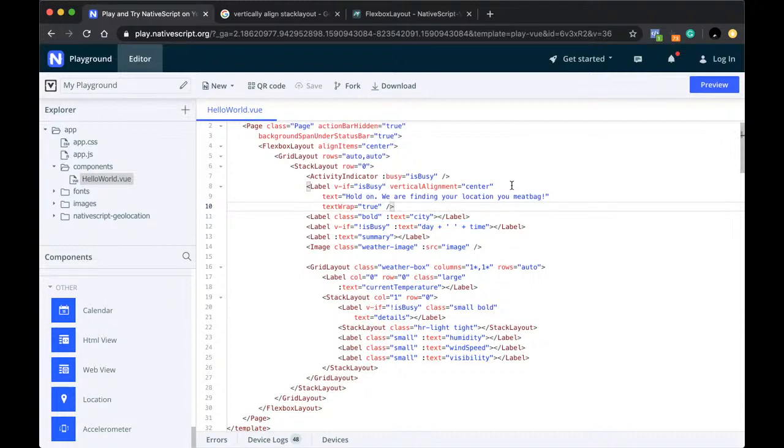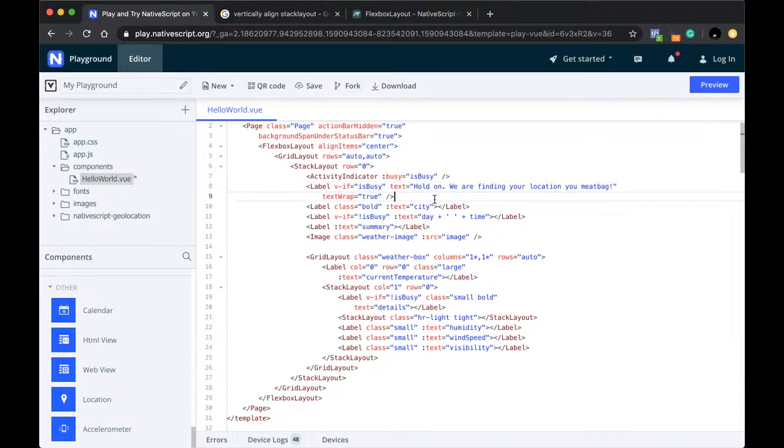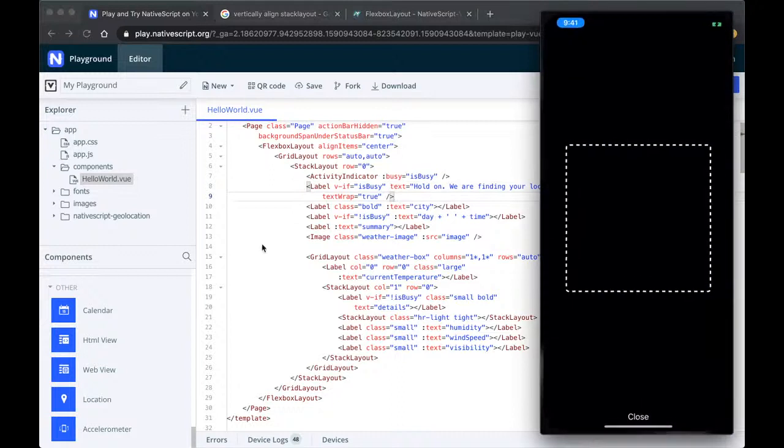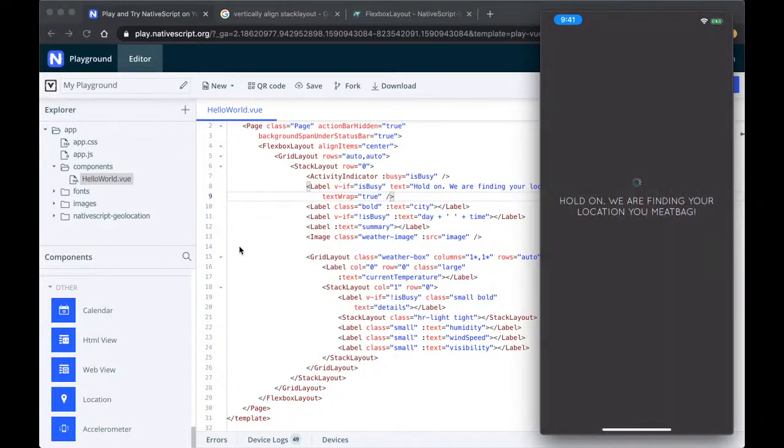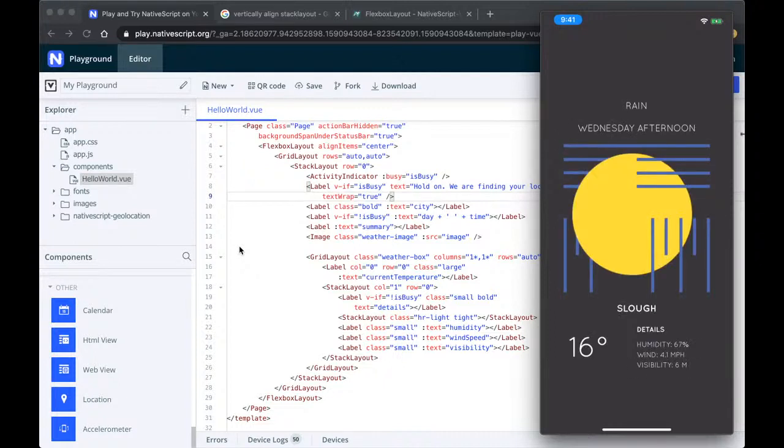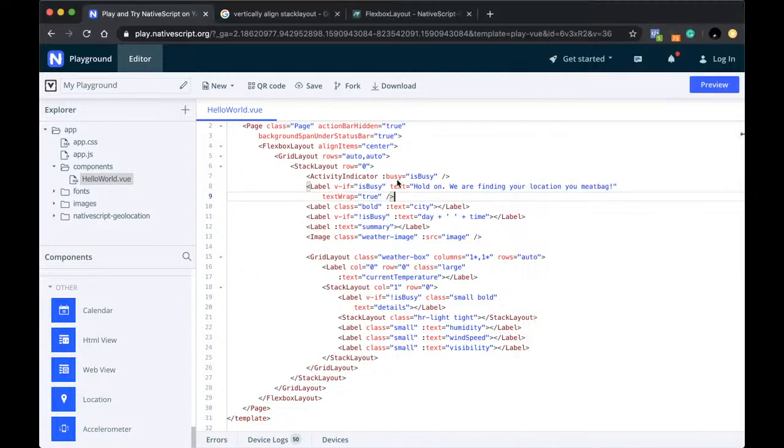First of all, we added this vertical alignment center yesterday, which was just when we were trying to center the label. We don't need that. That was some leftover code, so delete that. Could it be because of that? Let's see. Let's save it. No, the city's still at the bottom. So